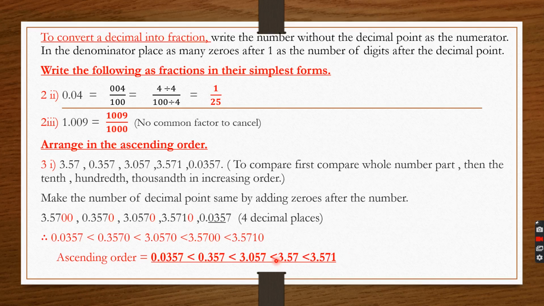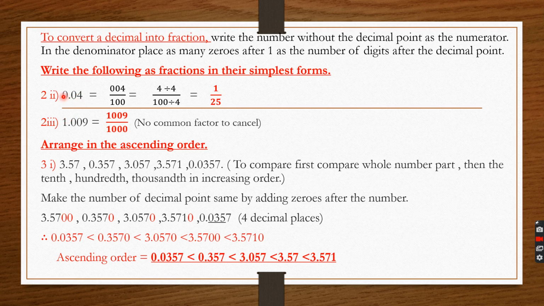Next, now we are learning how to convert a decimal into a fraction. We have discussed converting a fraction into a decimal, and now a decimal into a fraction. To convert a decimal into a fraction, see how many decimal places there are. Decimal places are the digits after the decimal point, on the right side. Here there are 2 decimal places.